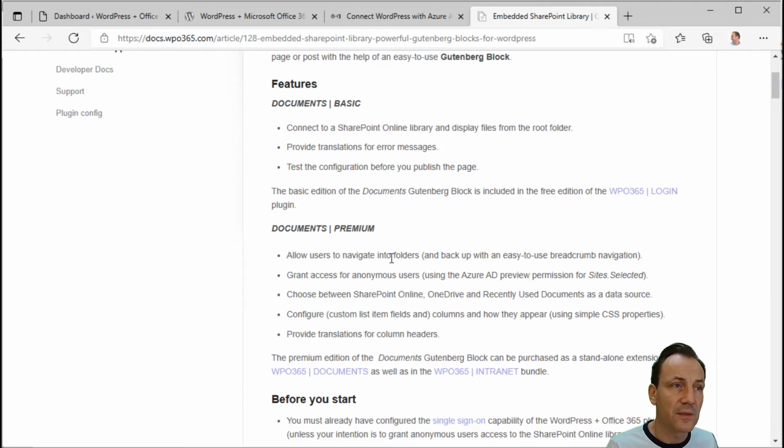The premium package adds to that. It adds the ability for users to navigate into folders and back up using a breadcrumb navigation. It also allows you to provide access to a specific SharePoint online document library for anonymous users that did not sign in with their Azure AD account. It also allows you to actually switch the data source of the app. You can choose between SharePoint Online, OneDrive,